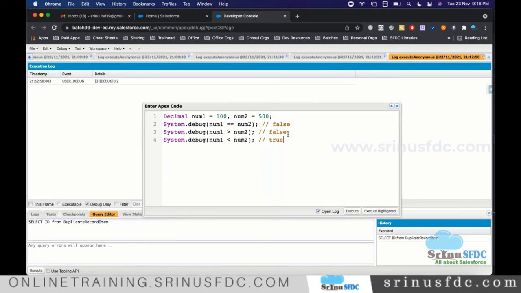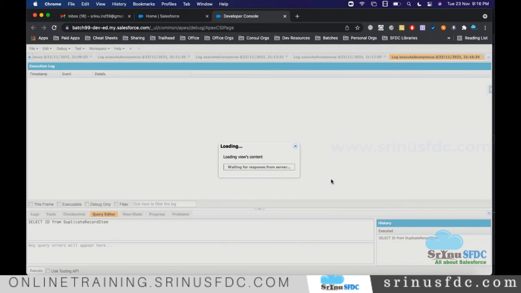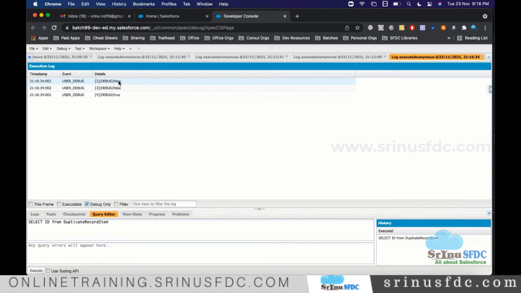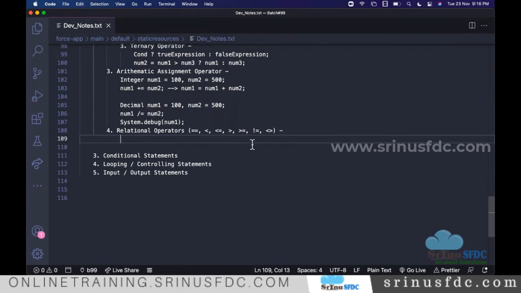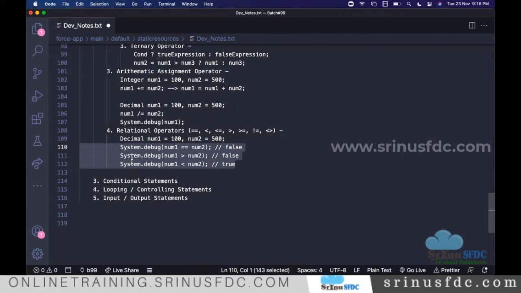First value should be false, second value should be false, and third one should be true. These are just comments for our understanding, right? So click on execute, and here click on debug only. And if you see false, false, true, you are seeing, right? So like that, to get this, we use these relational operators.